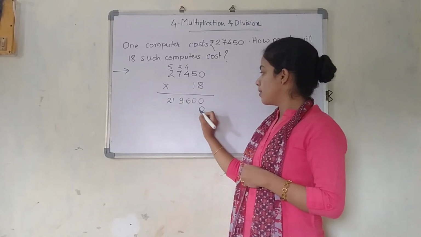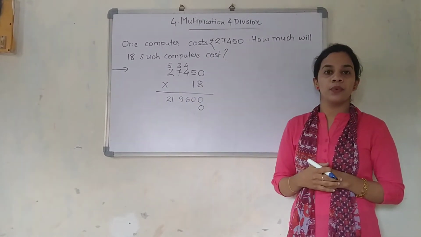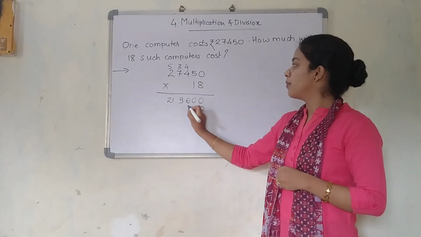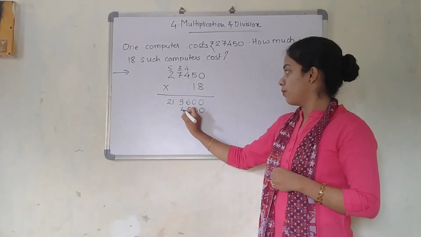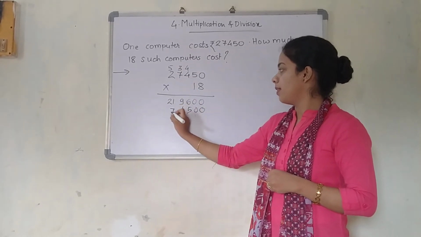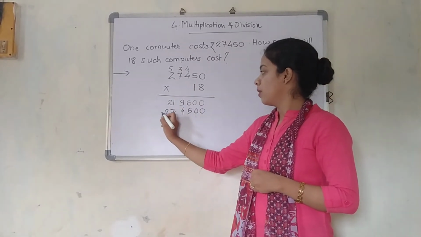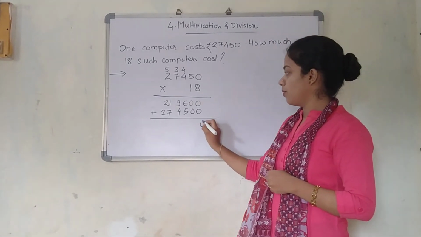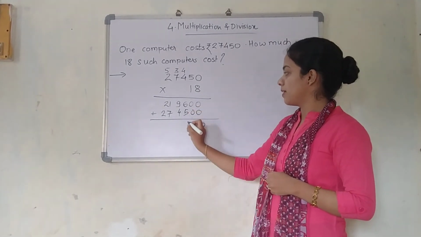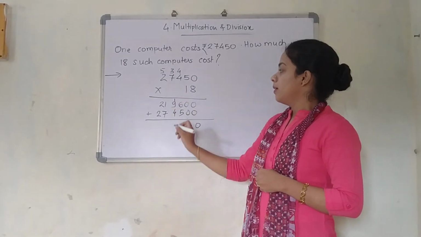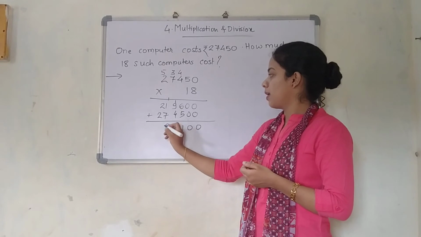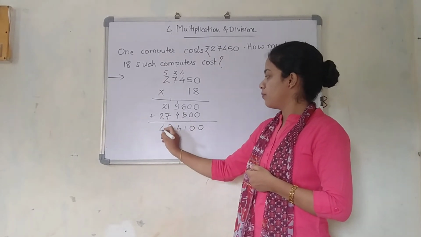So now we are going to add 0 here. Why? Because we are going to start with our tens place. 1 zero is 0, 1 five is 5, 1 four is 4, 1 seven is 7, and 1 two is 2. And I am going to add it. 0 plus 0 is 0, 0 plus 0 is 0, 6 plus 5 is 11, 10 plus 4 is 14, 7 plus 2 is 9, and 2 plus 2 is 4.